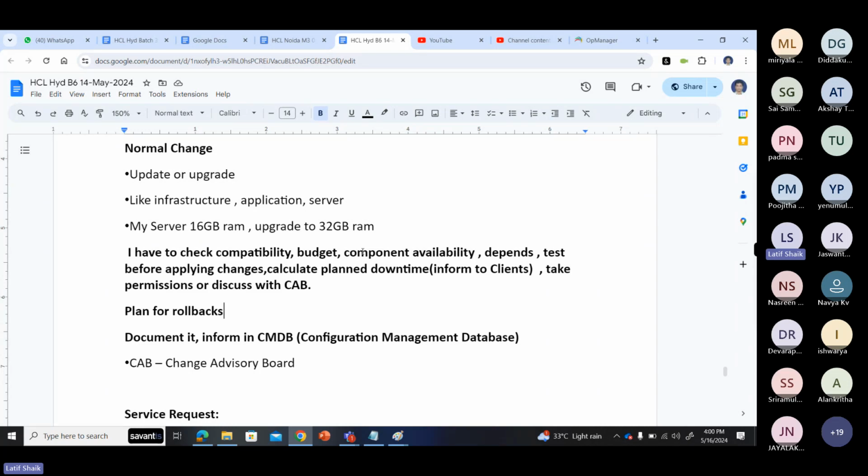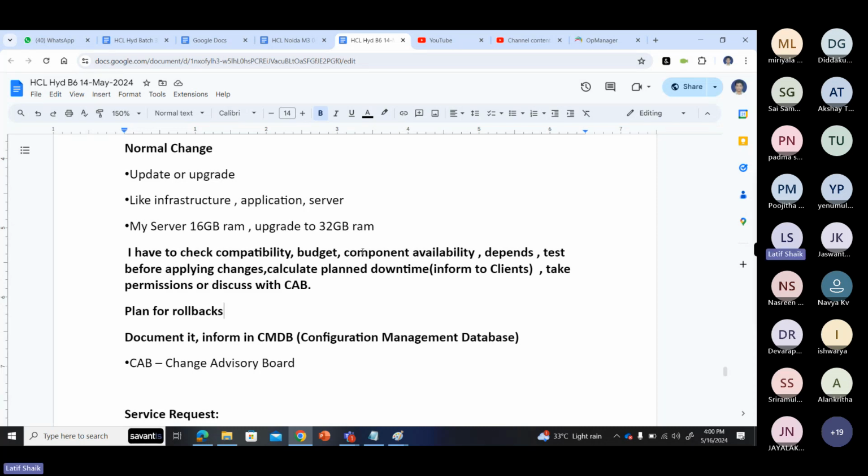Just in case there is a 0.001% failure, you must roll back to the previous settings. For example, I increase my RAM capacity, or I change the code, a piece of Java code or Python code, and it's not functioning as earlier. Then I can roll back to the previous code. Plan for rollbacks.